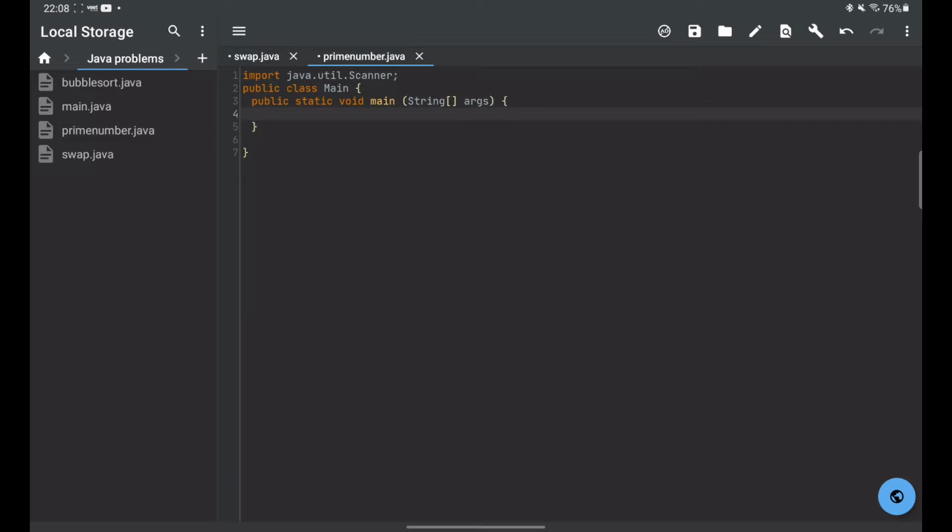The first thing that we need to do is take the number input from the user. In Java, to get input from the user, you'll have to use Scanner. Scanner is a class which is there in the java.util package. As you see, we have imported java.util.Scanner here. Now we just create a simple object of the Scanner class, and we'll give it an input as a constructor, so it should take an input from the system.